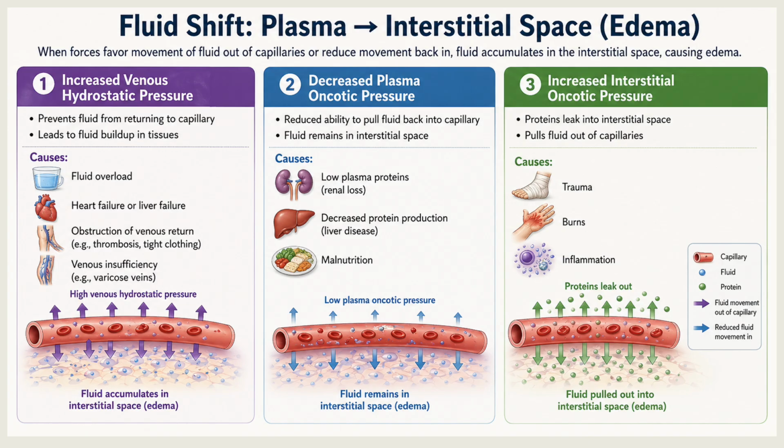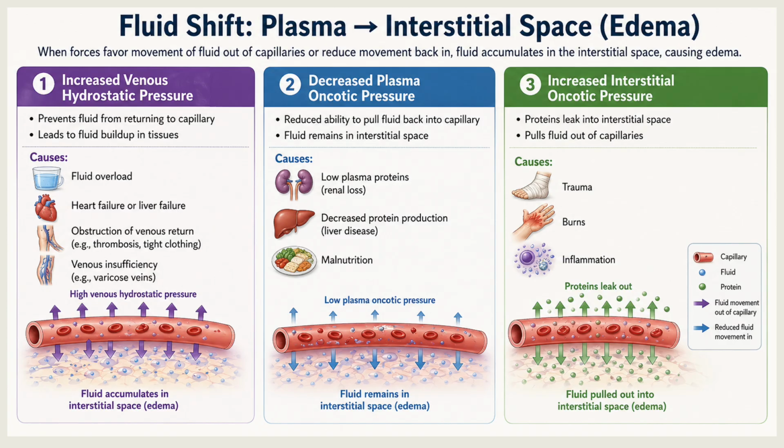Okay, and low plasma protein levels can also cause this. Why? Because protein loves to bind, right? And protein has high oncotic pressure. So now, if you don't have enough plasma proteins, right, you don't have enough proteins in your blood, this decreases that pull pressure, the oncotic pressure, which pulls the fluid back in. So without enough albumin, fluid cannot be effectively pulled back into the bloodstream.